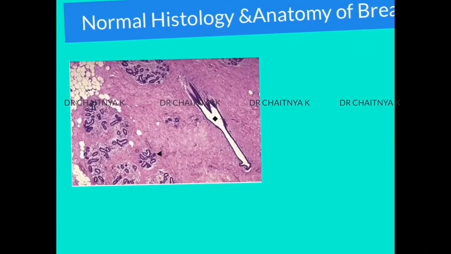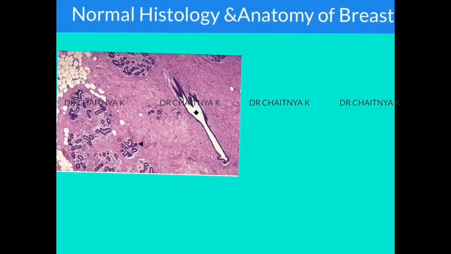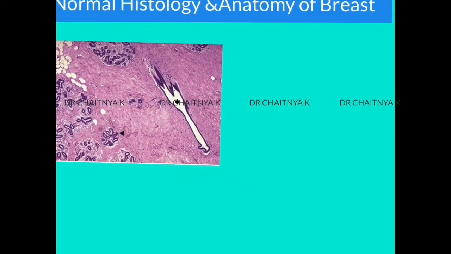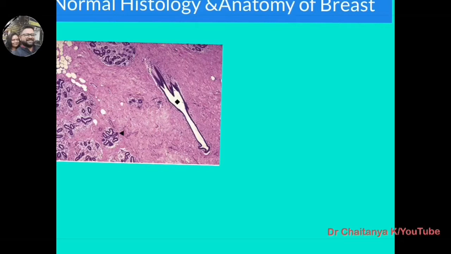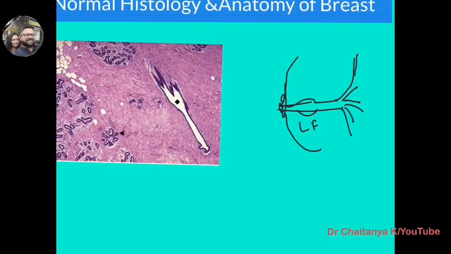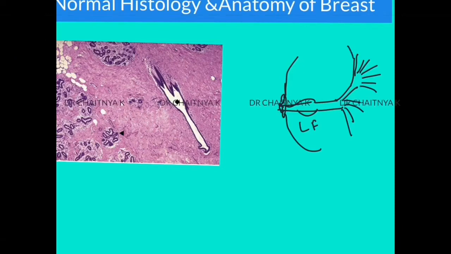Coming to the normal histology before going to the practical, as I always do, what is the normal anatomy and histology of the breast? As we all know, the breast contains a nipple surrounded by the areolar area, and behind the nipple there is a sinus called the lactiferous sinus and the collecting duct. This collecting duct divides into the major or large ducts. These large ducts again divide into very small ducts, and these small ducts divide again into very small ducts connected with the acini.